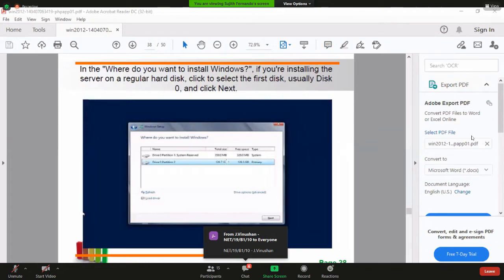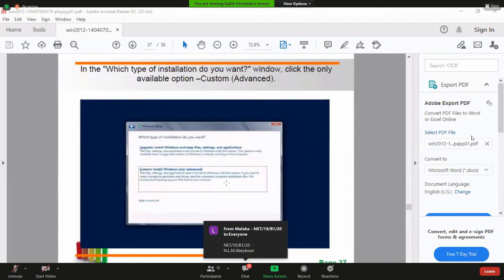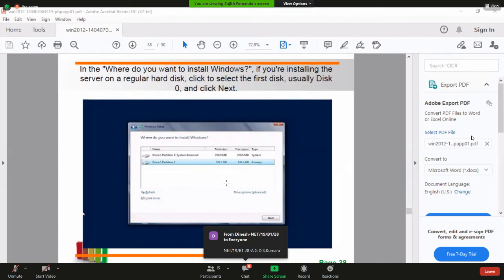Then yeah, you can create partitions. So if you try to create one partition, some other partitions will be automatically created by this Windows